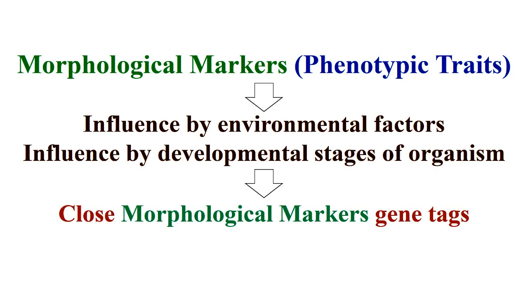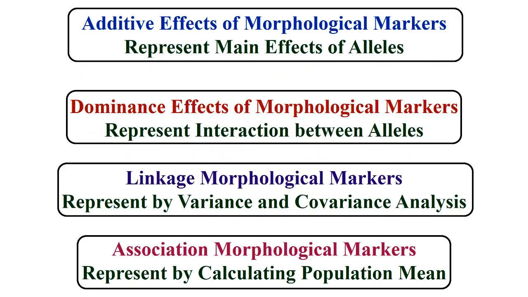Morphological markers refer to phenotypic traits that are influenced by environmental factors and by the developmental stages of the organism. So, close morphological markers represent gene tags. In addition, additive effects of morphological markers represent main effects of alleles, while dominance effects of morphological markers represent interaction